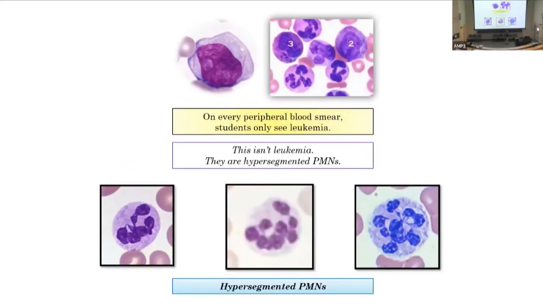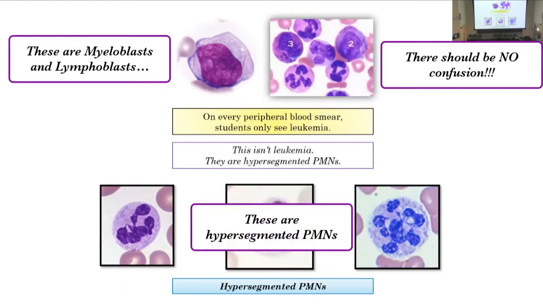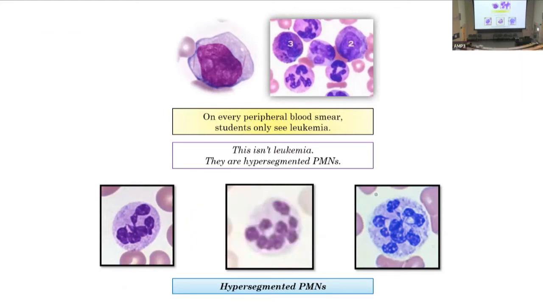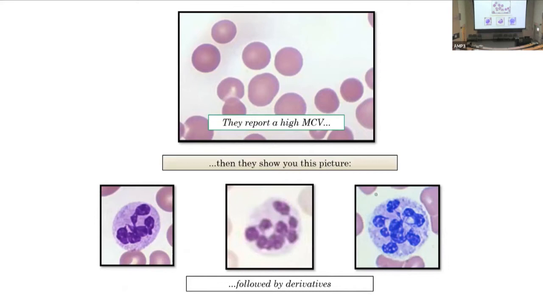And I'm cautious, ambivalent about making a statement like this because students say, oh, stop making fun of us. We can't help it. We're heme challenged, whatever. But my point about these hypersegmented PMNs is the knee jerk for a student is, here we go, we got a leukemia question. And the answer is no, right? There are rods, these are lymphoblasts. That's not what they are. These are hypersegmented PMNs. So they report the high MCV, they show you these pictures, and then there are the